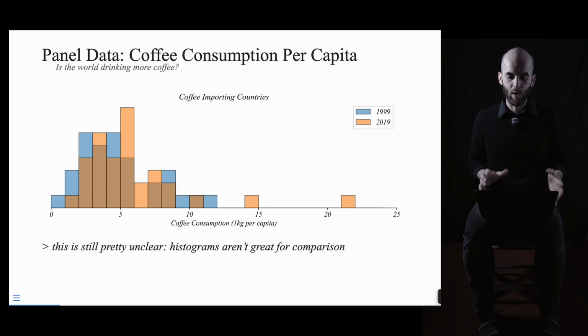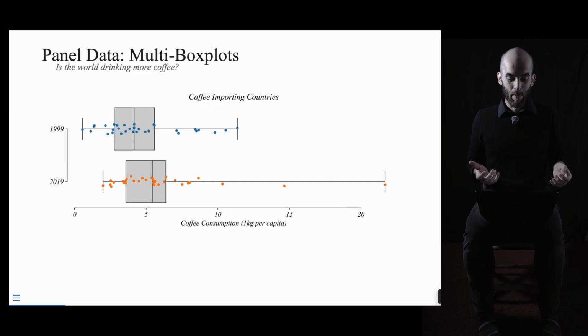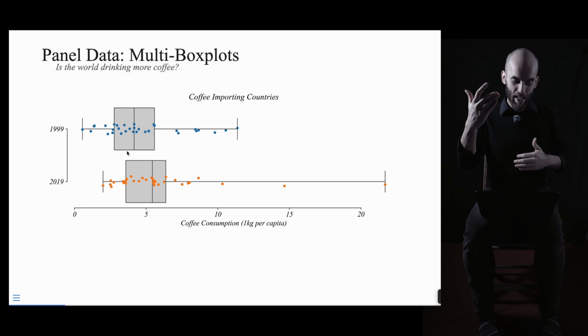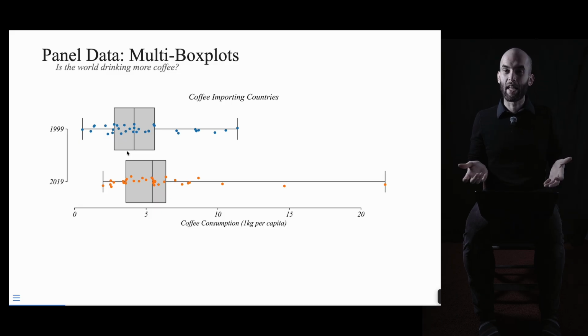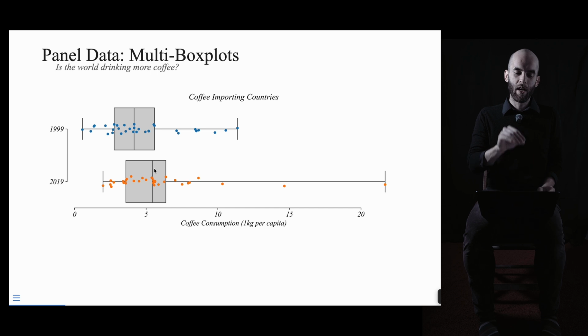Histograms are great for understanding the distribution itself, but for making distributional comparisons, we actually have a much better tool. We talked about multi-box plots in the context of time series data. Here, distributions across 2 different years with panel data, box plots are actually very effective for this. So if I were to ask you with this figure, is the world drinking more coffee? I think your answer would be